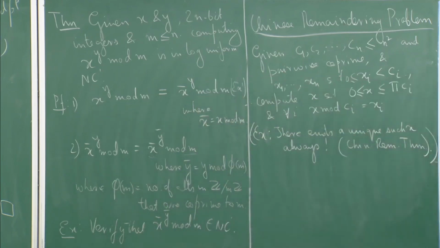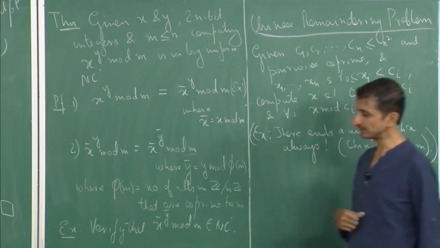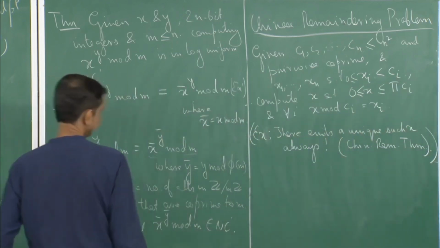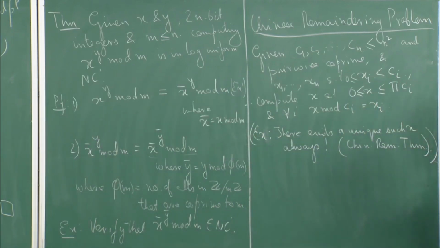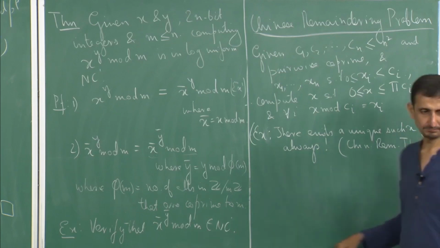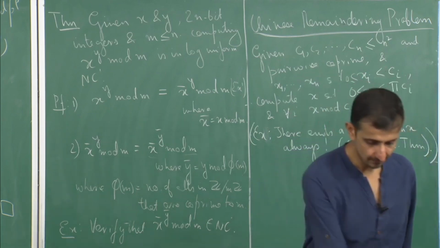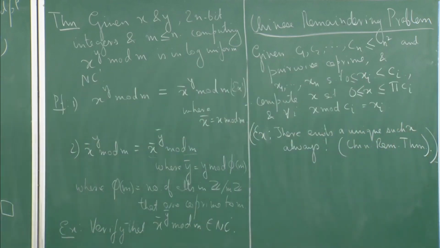But here we will assume that this is true, and our task is to compute this x. Okay. So what we will show is that, well, we may not always be able to, so at this point we might not be able to compute it, but we can actually reduce it to one other problem. So what we will show is